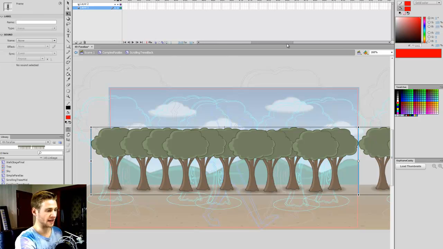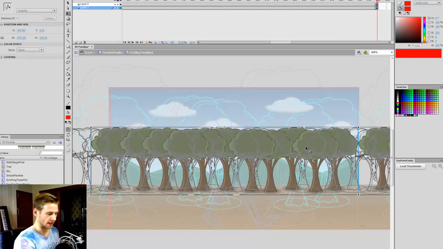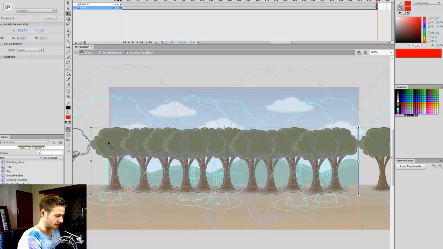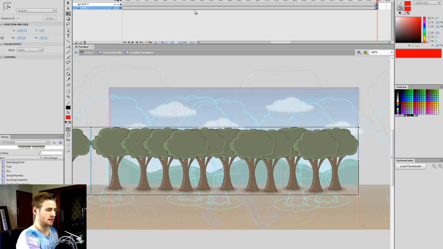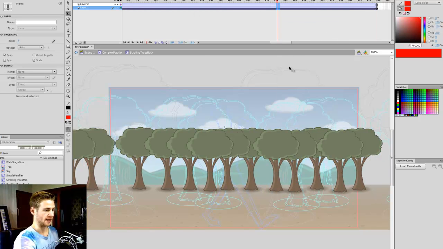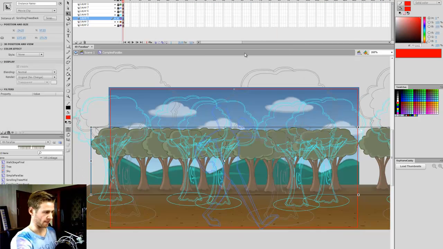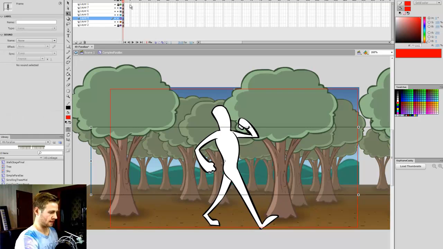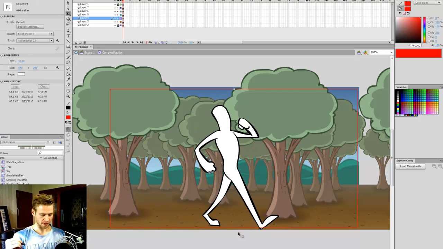So I'll go out to frame, let's say 600. So it's going to need a lot of space. 600. Hit F6, drag this across so that the mesh matches like that, and create classic tween. Now I'm going to go back out, and let's have a look at what this looks like. Control Enter,